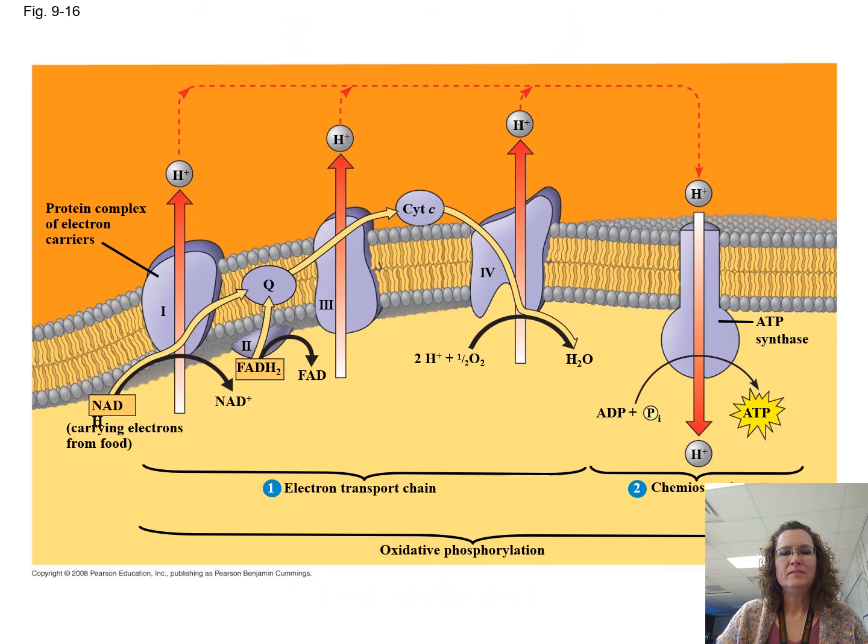This is just a zoomed in version of the inner and outer membrane, or the two sides of the inner membrane. We build up a gradient of hydrogens on one side, and we build that up by dropping them off. The NADH drops it off, and then it becomes charged again, and then the FADH2 drops it off and becomes FAD plus again, over and over and over again. So we're just dropping them off, sending them across, building up a gradient, and then they're on one side of the membrane, ready to go.